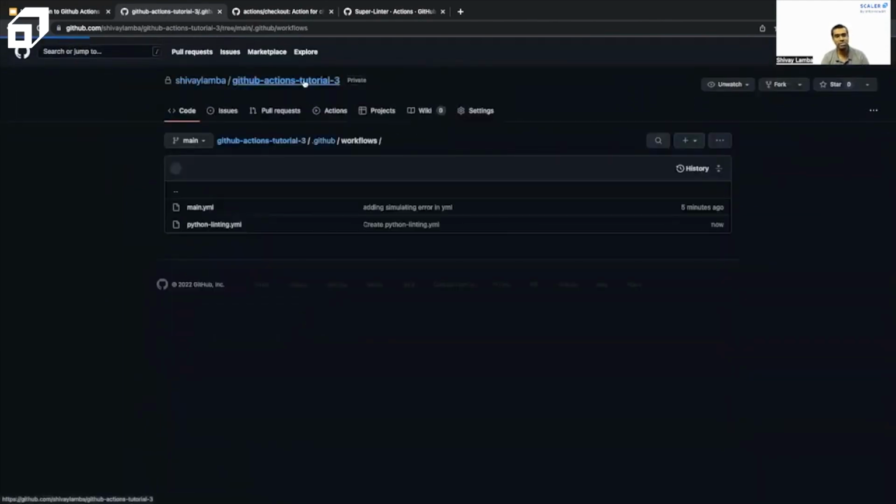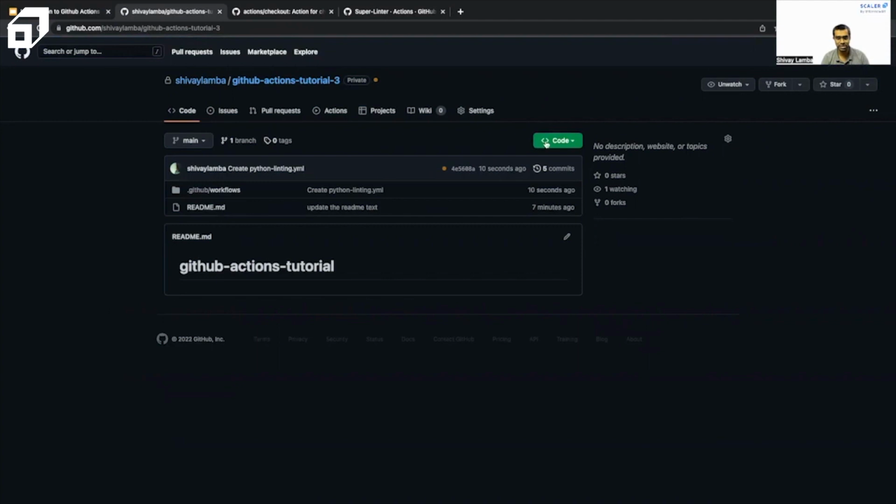For this, we'll go ahead and create a sample Python file. So let's go ahead and do that. We want to basically create a new file. So we'll just wait for it to actually run. Over here, what you can see is that if we go to our actions tab,